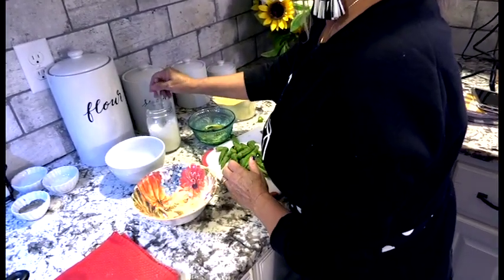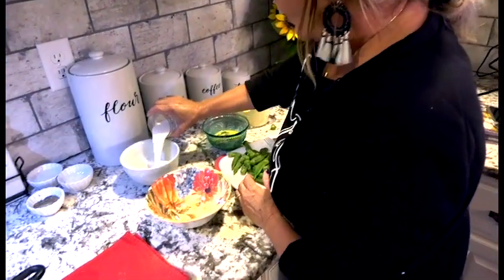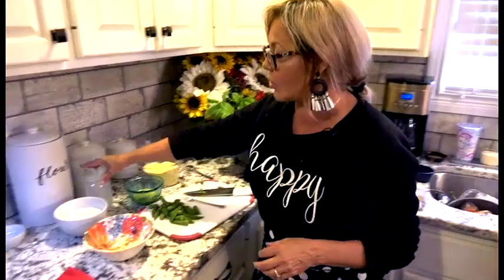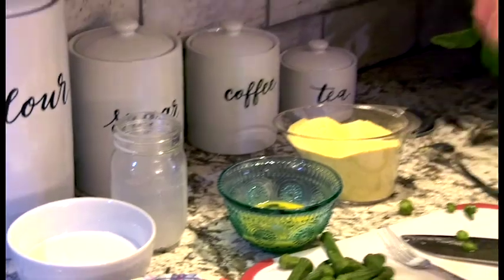And this is homemade buttermilk. I really didn't want to buy a whole half gallon or whatever of buttermilk. So what I did is take a cup of milk, and if you've got lemon juice or distilled white vinegar, it's a tablespoon and a half of lemon juice, or a tablespoon of white vinegar. Put it in a jar or whatever, shake it up, let it set 5-10 minutes, and voila, there you go,